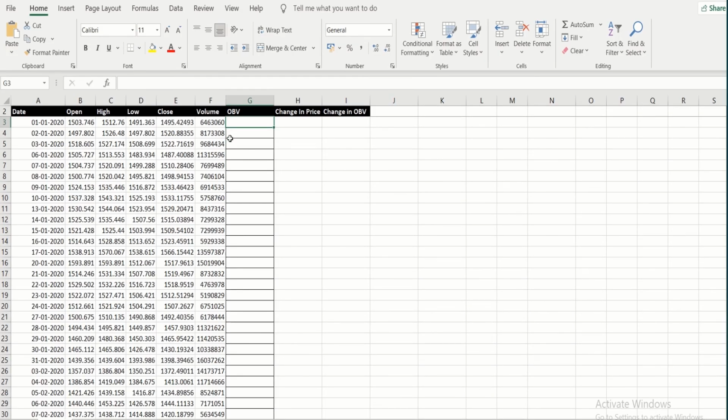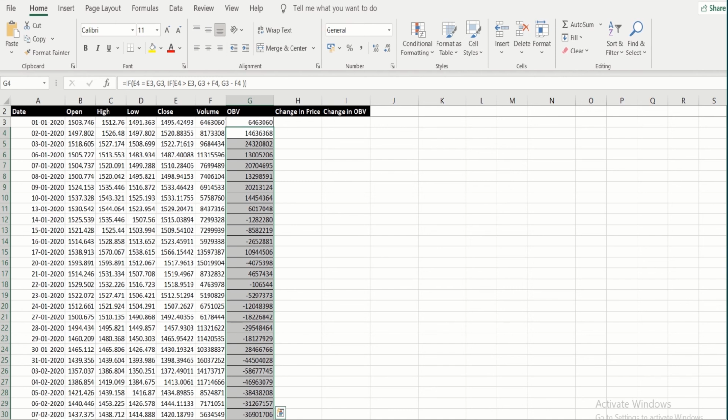Let's talk about on balance volume calculation. In the Excel sheet, we have the OHLC values, and OBV is calculated based on the current and previous close and the volume values. The initial OBV of the price series is equal to the absolute volume. In the formula to calculate the current OBV, see if the current price is greater than the previous price, if the current price is less than the previous price, and last, if the current price is equal to the previous price. All these three values are combined together to form the OBV values.